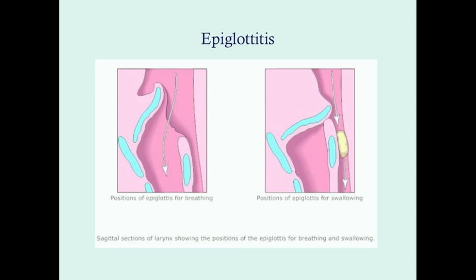So here's another example. Here's your trachea here, here's your esophagus here. This is just a cartoon. So you're breathing, you've got your epiglottis nice up against the anterior wall of the larynx, and the air will go straight down through the windpipe into the trachea and so forth. When you're swallowing, the epiglottis gets pulled down to this horizontal position and it covers up the trachea. And by covering up the trachea, then you can swallow, and this is all part of your swallowing or deglutition reflex. It covers up the trachea and allows for the bolus of food or water or whatever to go through the esophagus, and more importantly, not into the trachea.